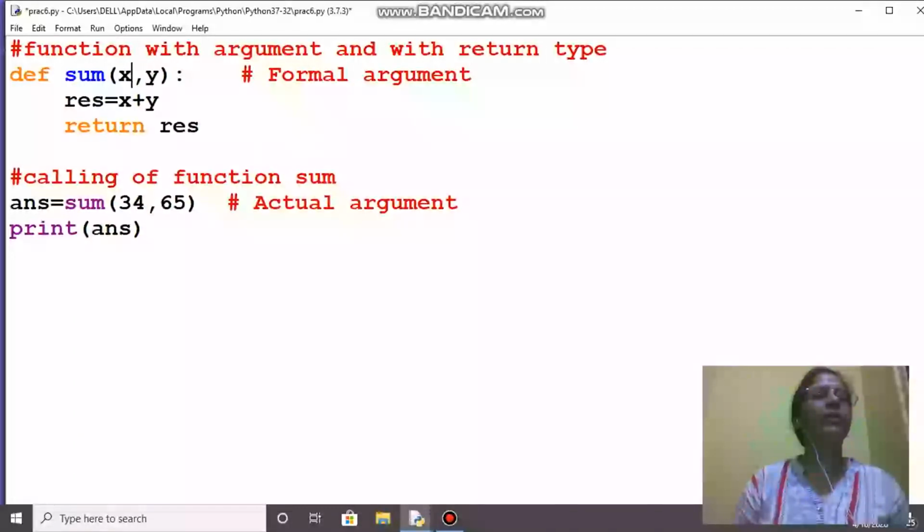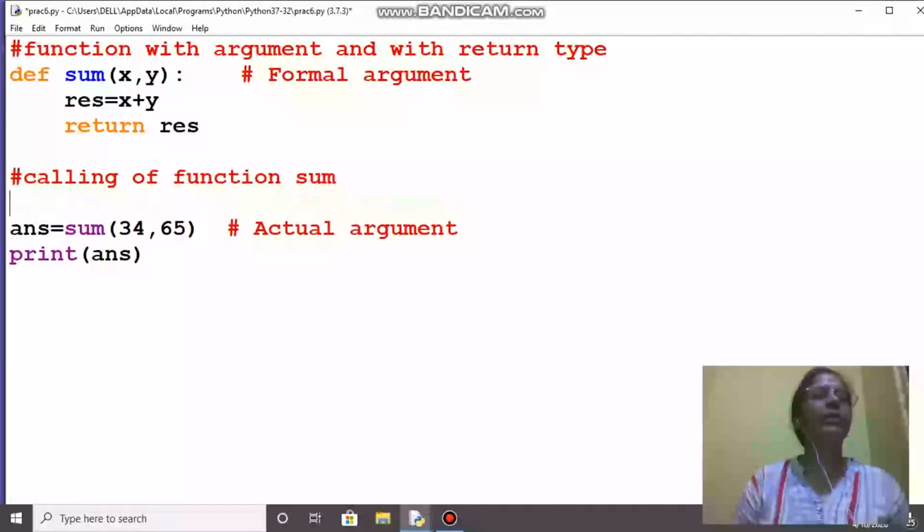So formal argument receives the value from where? From actual argument. So always formal arguments must be a variable, not a constant, always a variable. But in actual argument we can have a variable also. That means we can write t equal to 9, then I can write down here t also.